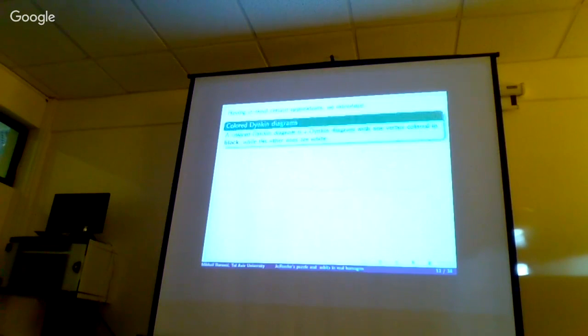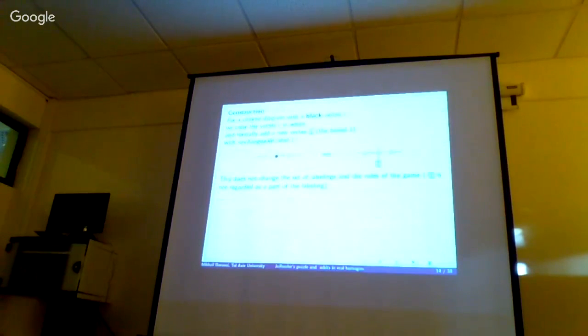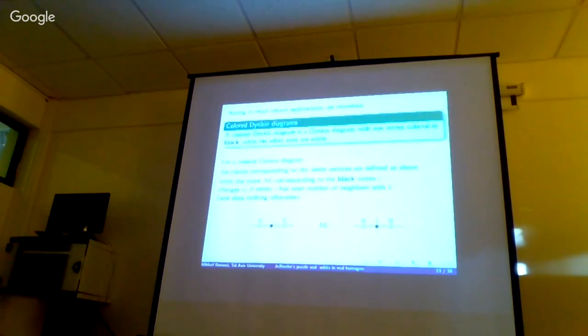Okay, I continue. Now, having in mind certain application, I will introduce colored Dynkin diagram. A colored Dynkin diagram is a Dynkin diagram in which one vertex is colored black, while the other ones are white. For a colored Dynkin diagram, we define the moves corresponding to white vertices as above, while for the black vertex, the rule